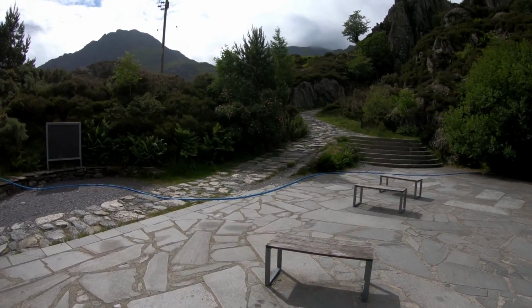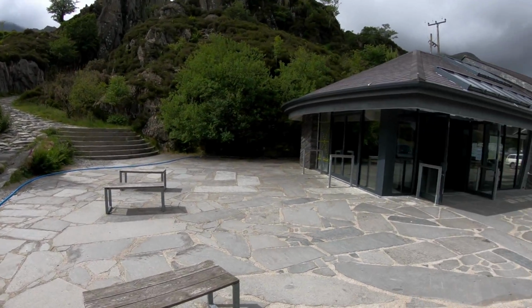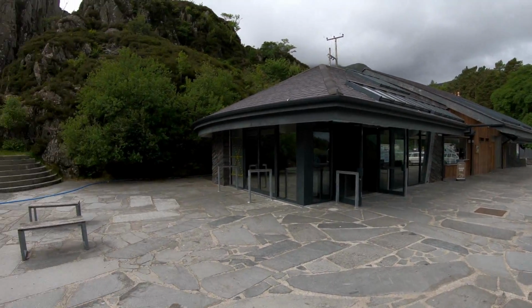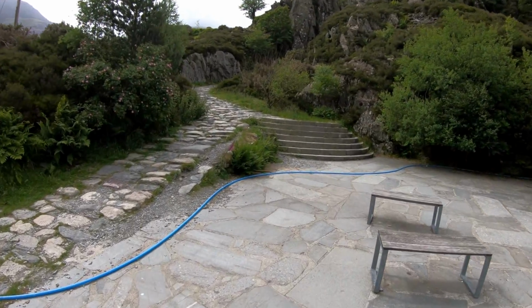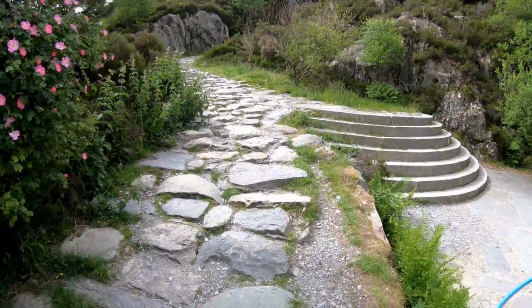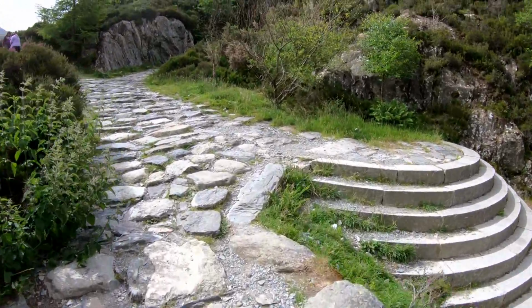This is the start of the walk, Ogwen Cottage. There's a kiosk and toilets there. It's quite handy. This path heads up towards Llyn Idwal, but we'll be branching off. And today's walk